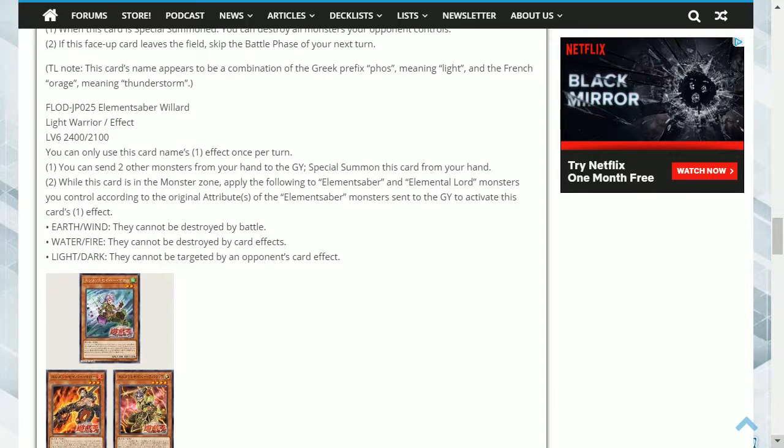This first effect lets this card be special summoned quickly. The second effect enables you to provide protection to your other Element Saber and Elemental Lord monsters. The better two being the water or fire and light or dark, as this provides near complete protection outside of